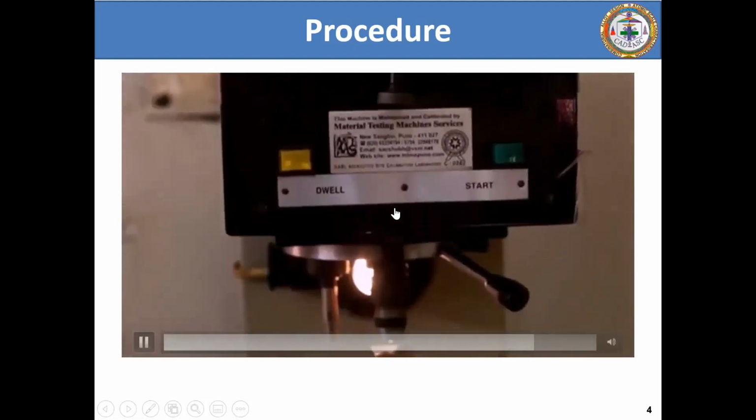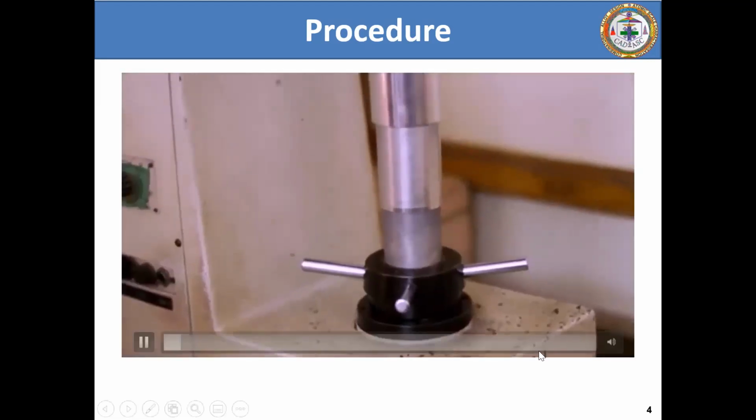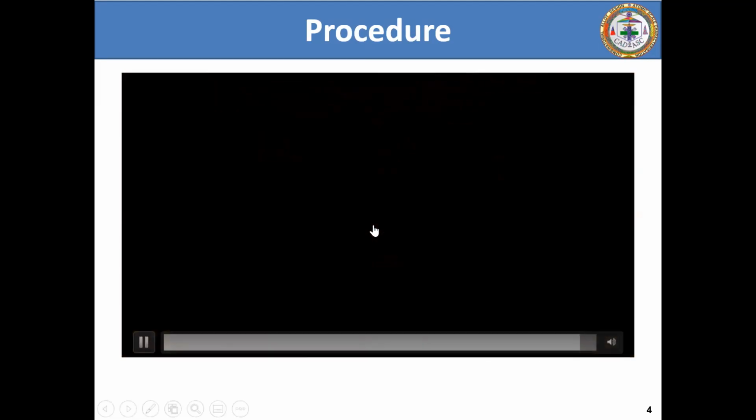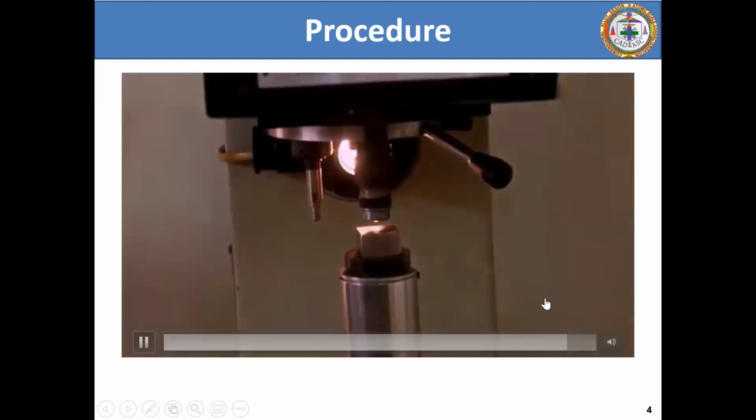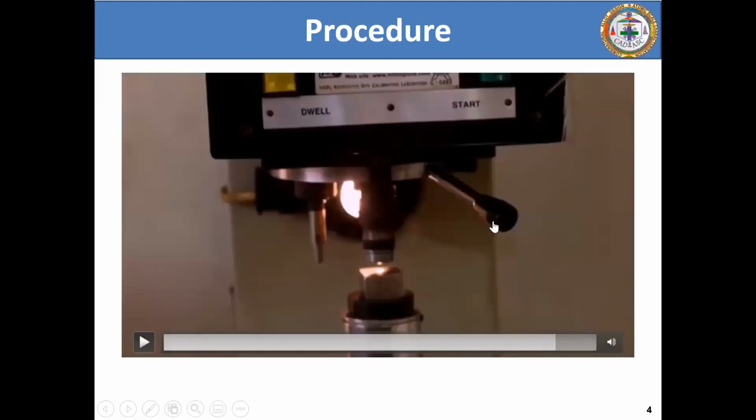So now let me go back a bit. This lever is actually required to rotate from the indenter to the microscope. It's like an optical microscope only. So this is the objective lens, and you can also adjust the magnification.